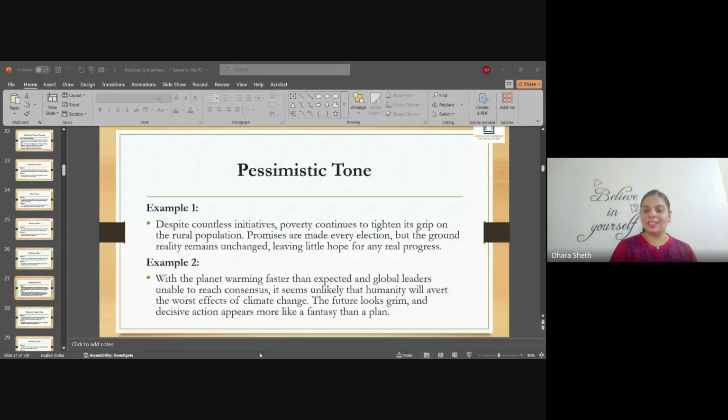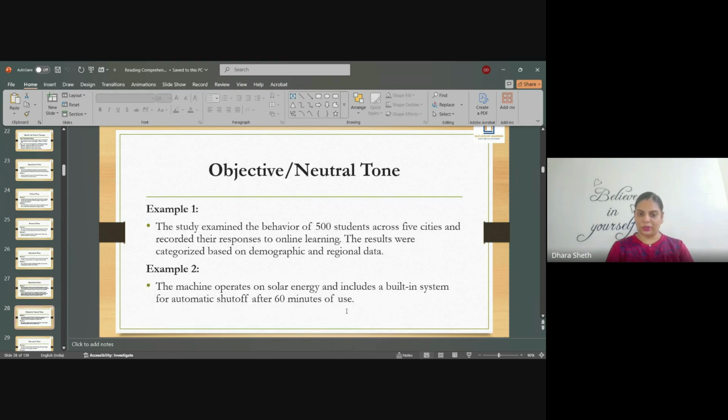If you see the previous slide, it was saying that we can find solutions. Here it is saying most likely we will not be able to find a solution. That's the optimistic and pessimistic tone. Now a neutral tone, which is not criticizing, not making any kind of sarcasm, not appreciating, not optimistic, not pessimistic, just stating the facts